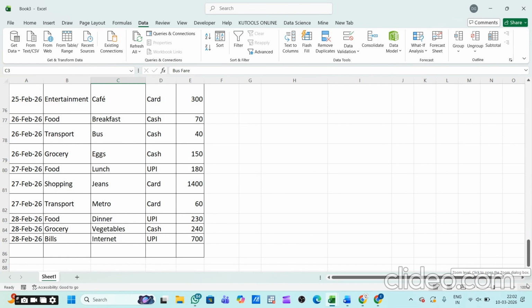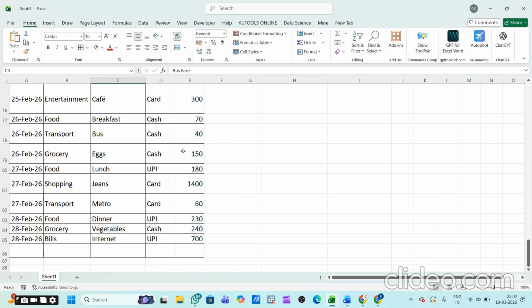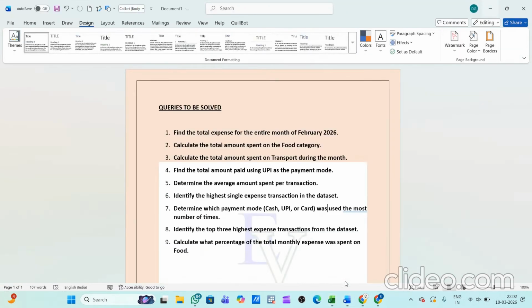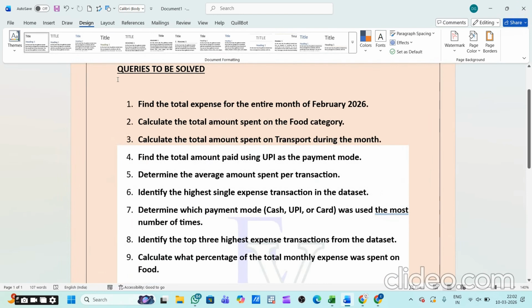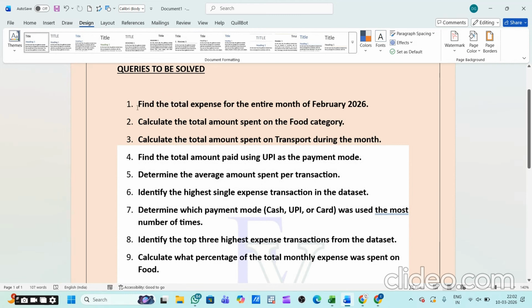Now from this data, suppose you want to find out some insights. You want to solve some queries. How would you solve some queries with the help of AI? I will explain that. But here I have written those queries for all of you. Suppose these queries are supposed to be solved by you. What are the queries? Find the total expense for the entire month of February 2026. Calculate the total amount of spending on the food category. Calculate the total amount spent on transport during the month. These 9 queries are given and you have to solve these 9 queries with the help of AI